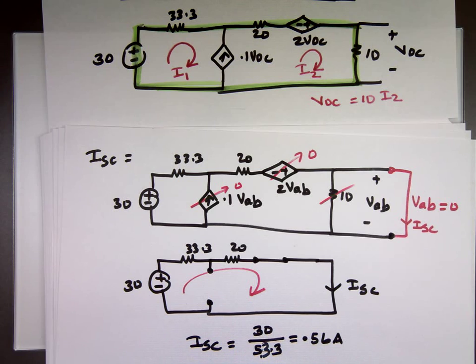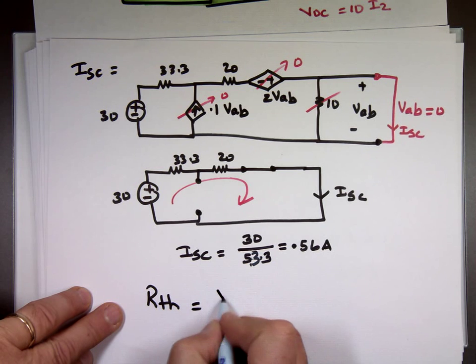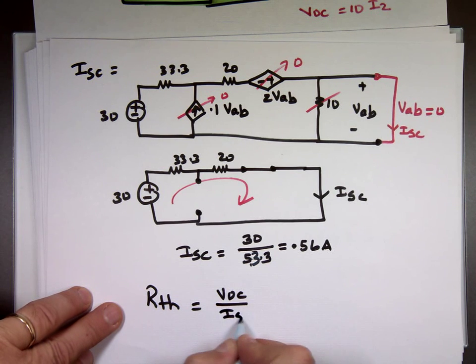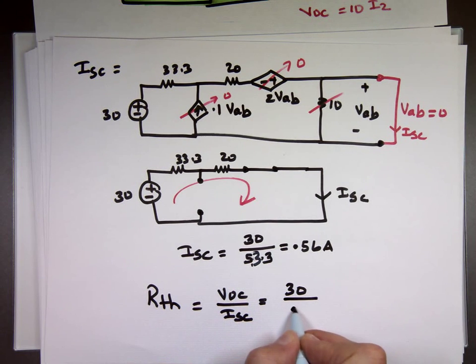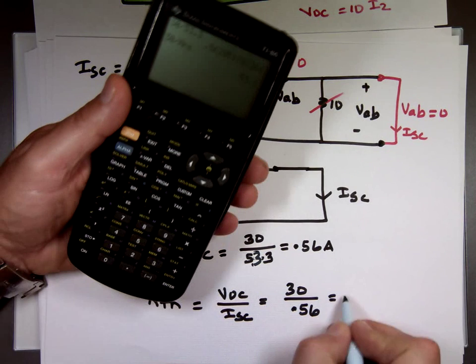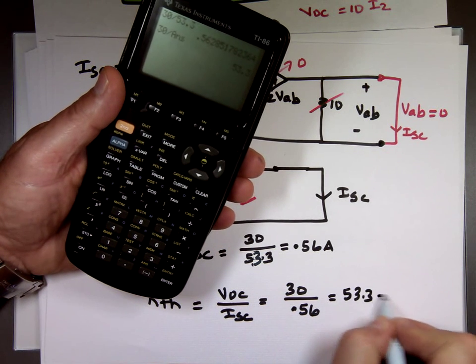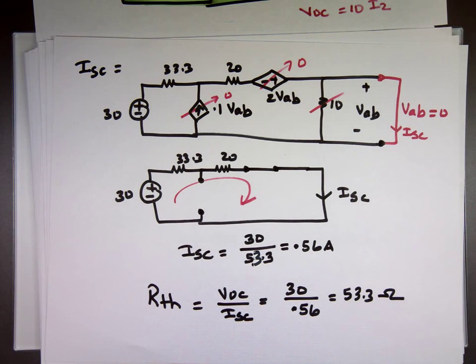Can I find what R Thevenin is? It's V open circuit over I short circuit. What's my V open circuit? 30 divided by 0.56. Is this one more problem? I don't think so. It's back of the chapter. 53.3. This happens to be the same thing, 30 and 30. So that resistor will have to be 53.3. So the Thevenin equivalent for that,